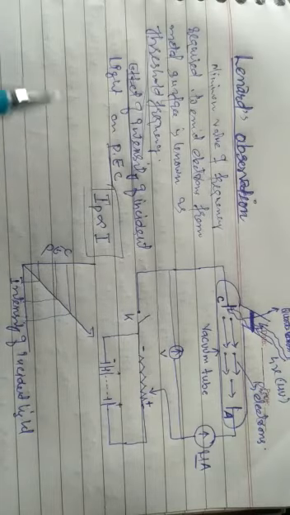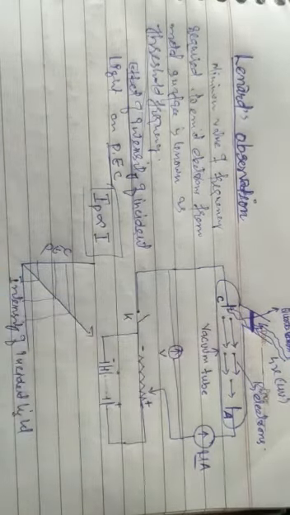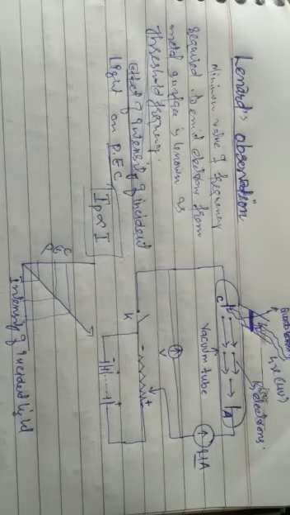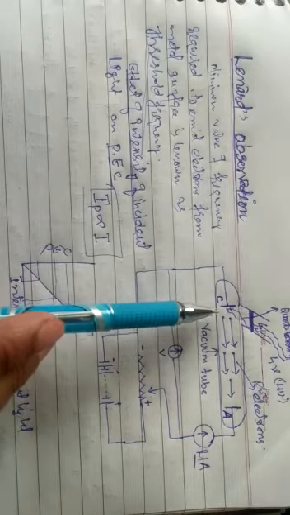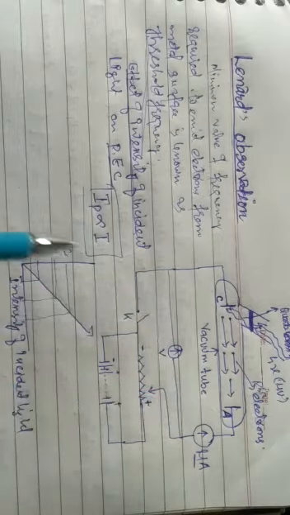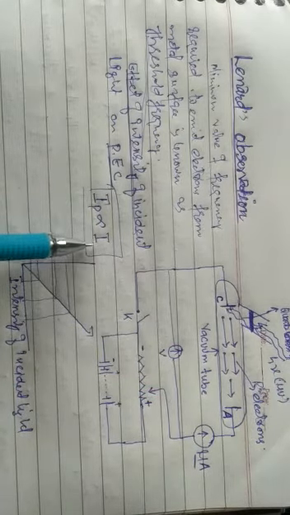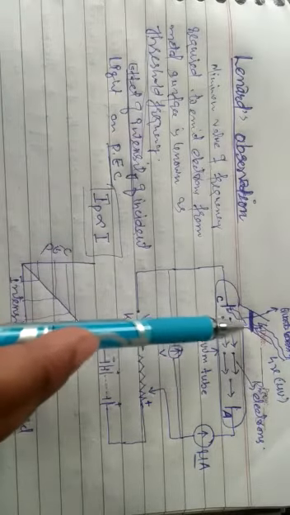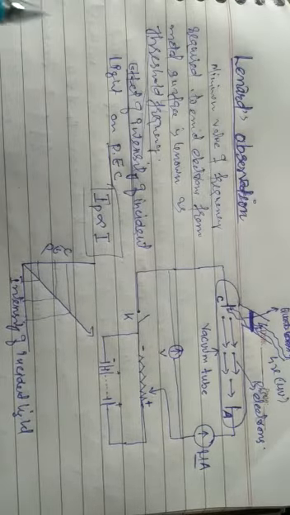Then we read about the effect of intensity of incident light on photoelectric current, and what we found: once the intensity was increased, by intensity you have to understand that more and more photons were incident. Once more and more photons were incident on this plate C, the photosensitive plate or the emitter plate, there was more and more photoelectric current. Thus photoelectric current IP was directly proportional to the intensity of incident radiation, provided frequency and potential were kept constant, as shown in the graph.